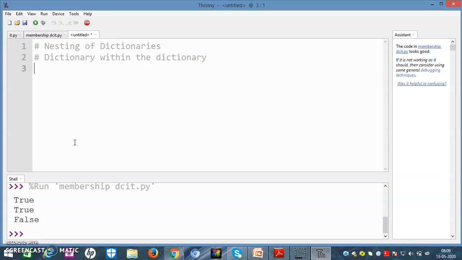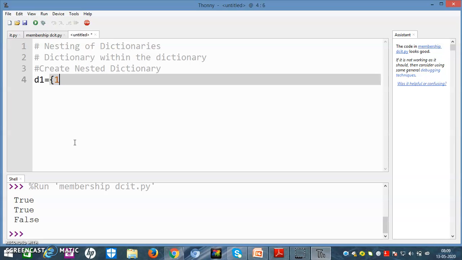Now we will see how we can create it. This can be asked of you many times. So the first step is the same, take a dictionary is equal to curly braces. Now I write 1, 1, 2, 3. Now you have to make it nested.